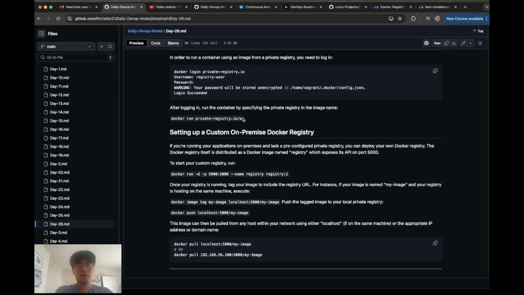And then setting up a custom on-premise Docker registry. If you're running applications on-premise and you lack a pre-configured private registry, you can deploy your own Docker registry, and it's distributed as a Docker image named registry, which exposes its API on port 5000. So in order to start your custom registry, simply run docker run. This is detached, this is how you specify the port 5000, and you add the name,